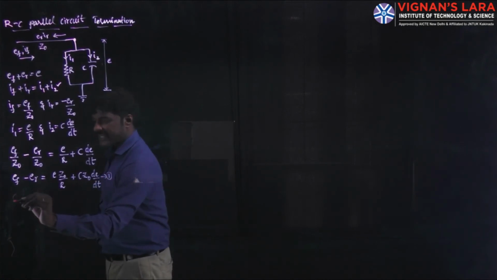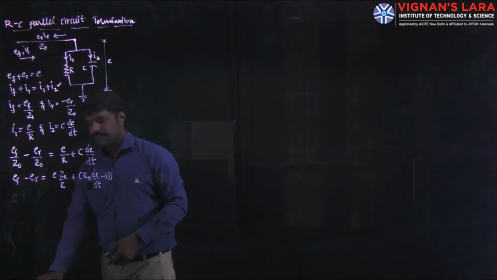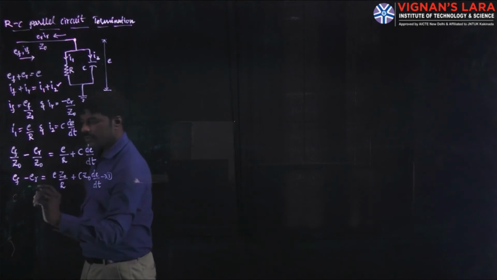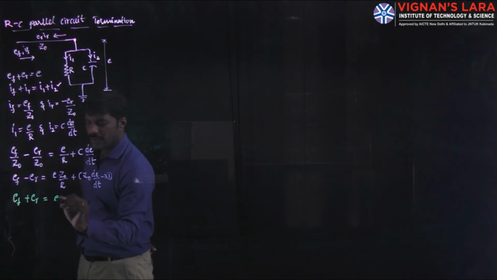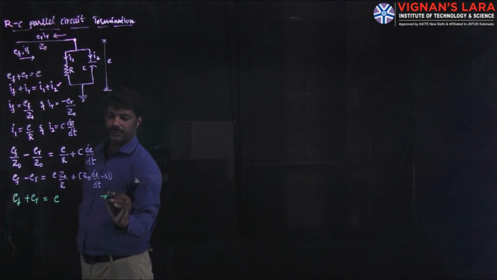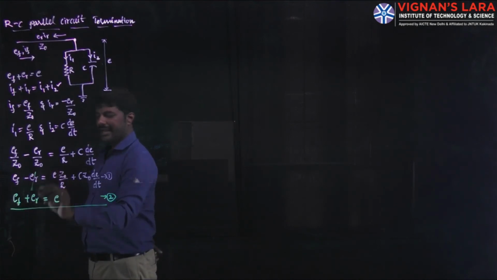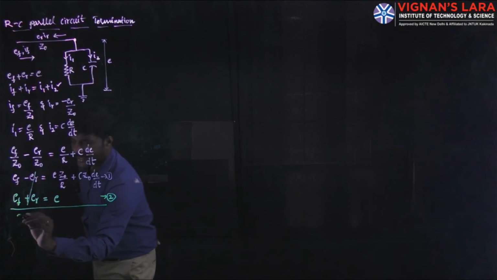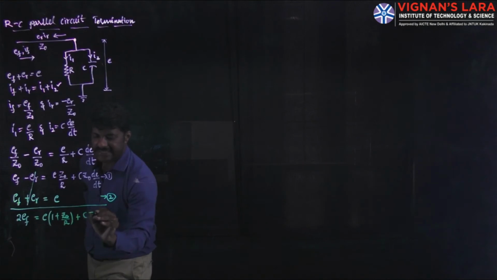And our second equation is, also we know that sum of the voltages will be equal to resultant voltage E. So the sum of forward and reflected voltages is equal to total E. Let it be equation 2. On adding these two equations, ER get cancelled. We get here 2EF is equal to E of 1 plus Z0 by R plus C Z0 into dE by dt.